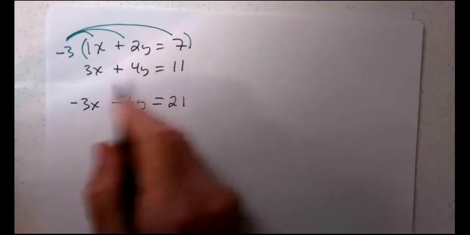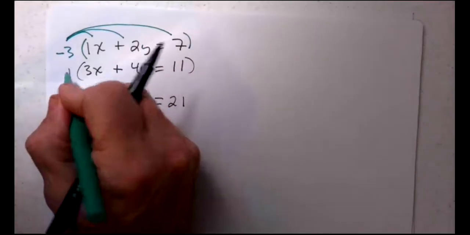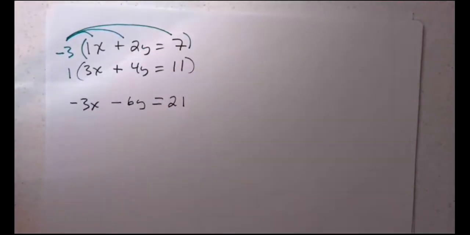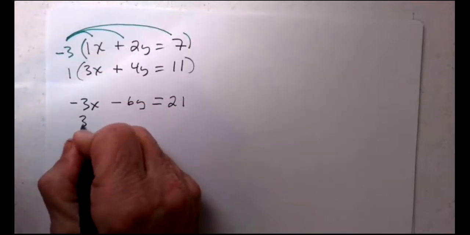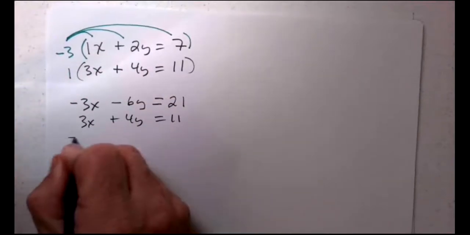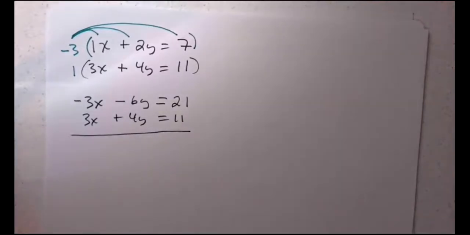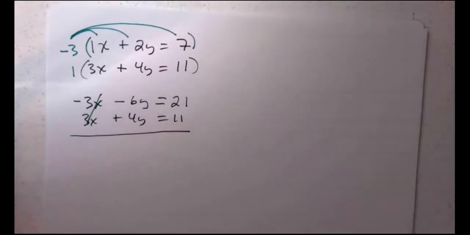And the second equation, I just multiply by 1. I don't have to do anything to it, really. Multiplying it by 1, fine. It stays the same. Because you want both of these numbers to be the same, but with opposite signs. So now we have 3x plus 4y is 11. Adding these together, what do we get? Negative 3x and 3x cancels out. Negative 6y and 4y is negative 2y,